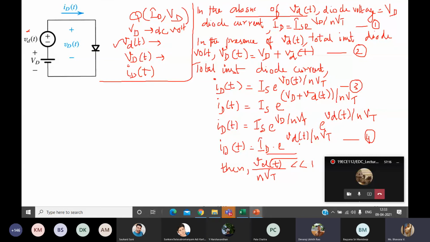So what approximation we are doing is, we are going to expand this exponential term and obtain the series, and we'll be using only the first two terms. After that, the rest will be negligible, right? We are approximating it, so it is an approximation model. Okay. So e power x, what is the expansion?